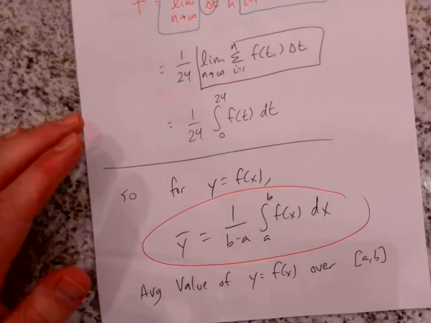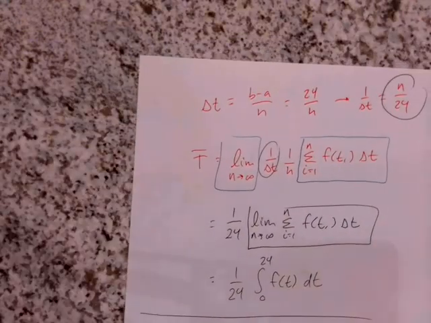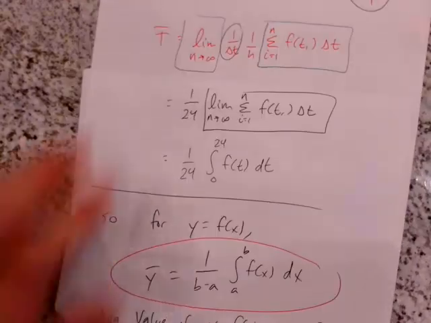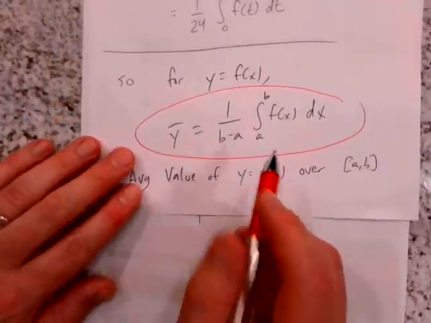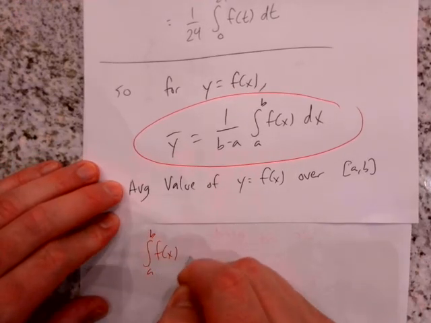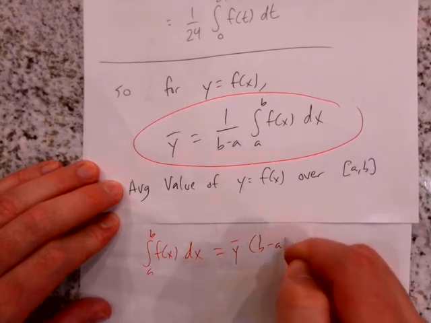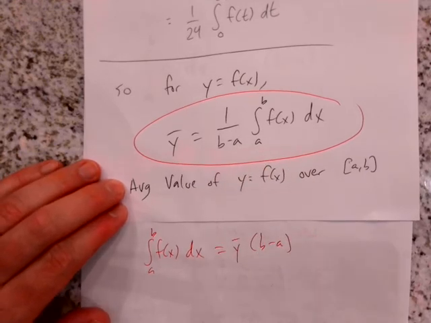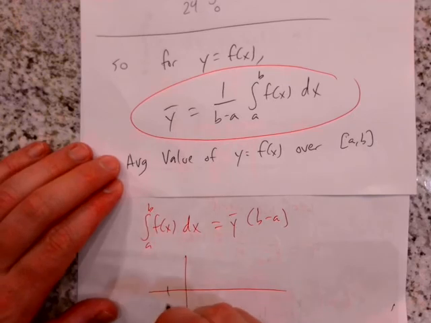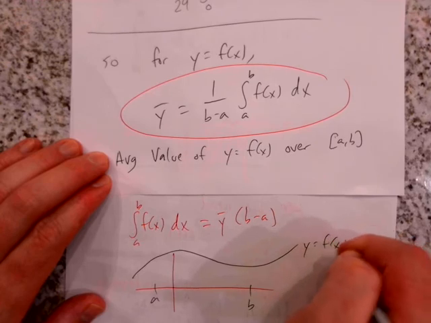One last note before we call it a lecture is this result can be interpreted geometrically, like pretty much everything else that we've seen in calculus. Let me show you how. If I was to rewrite this, it says that the integral from a to b of f dx is the same as the average value of the function times b minus a, if you just multiply by b minus a. This does mean that if you have any function that is defined over the interval a to b,